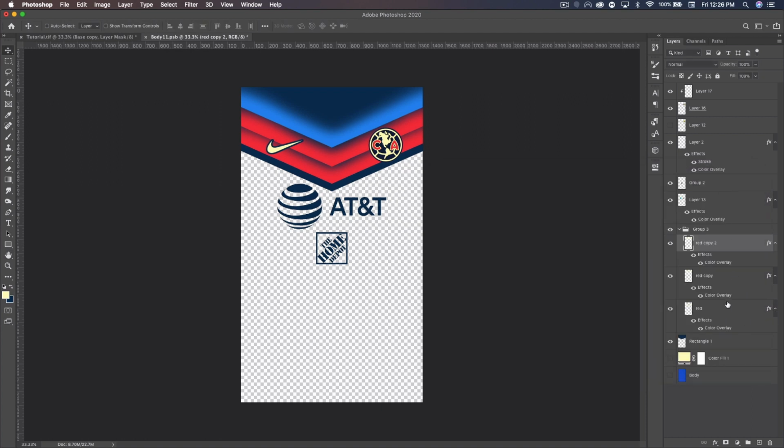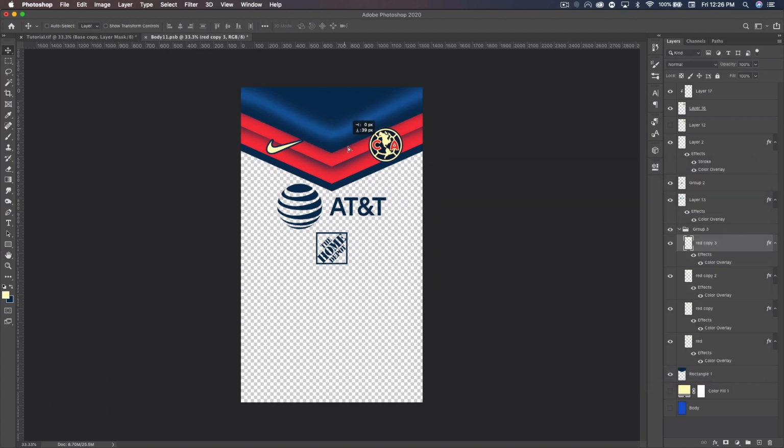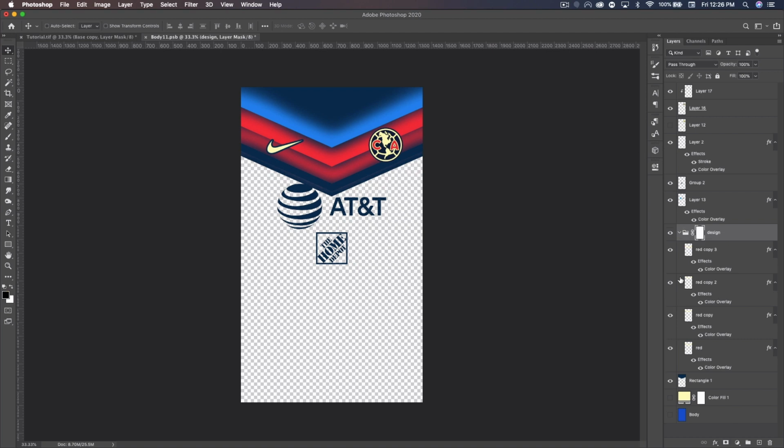Now one last one, we're going to duplicate that one last time, double click, and we're actually going to make it that blue. Click OK, and drag this one down to the bottom. Something like that. And then on this group, which we're going to call design, we're going to go down and get a layer mask. And we're going to have black selected, get our brush tool,